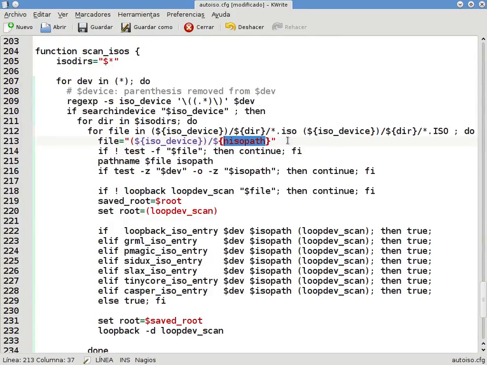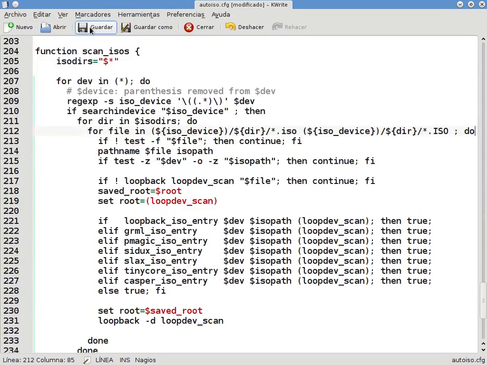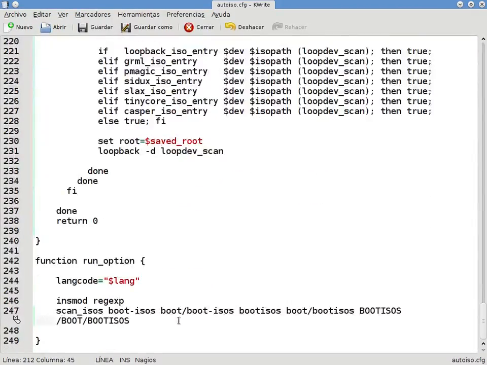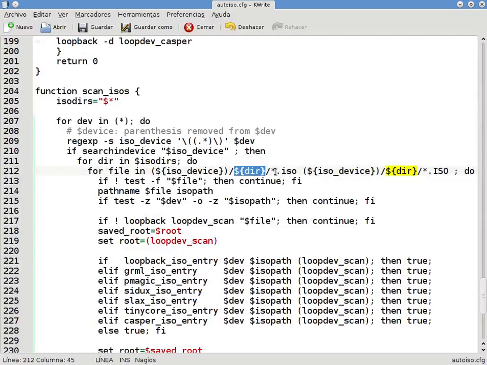And ISO device, yes, I'm going to use it, so I can remove this file. So now file is going to search into ISO device, which is the one with our thing. Put ISOs dir, and then the,